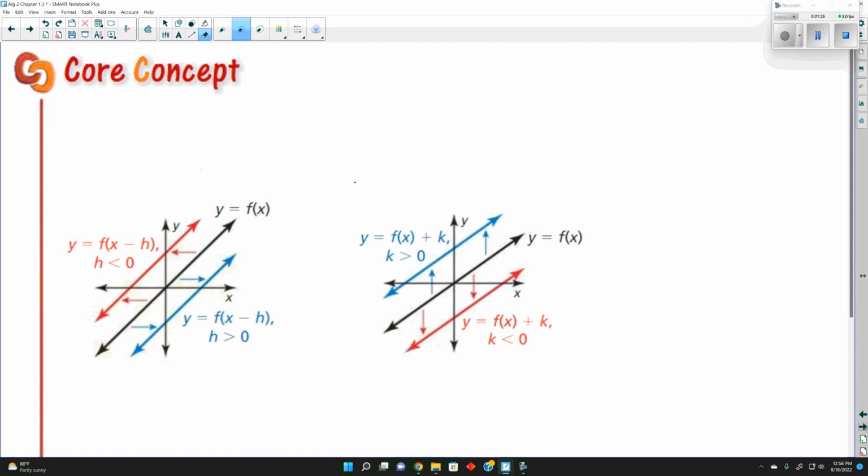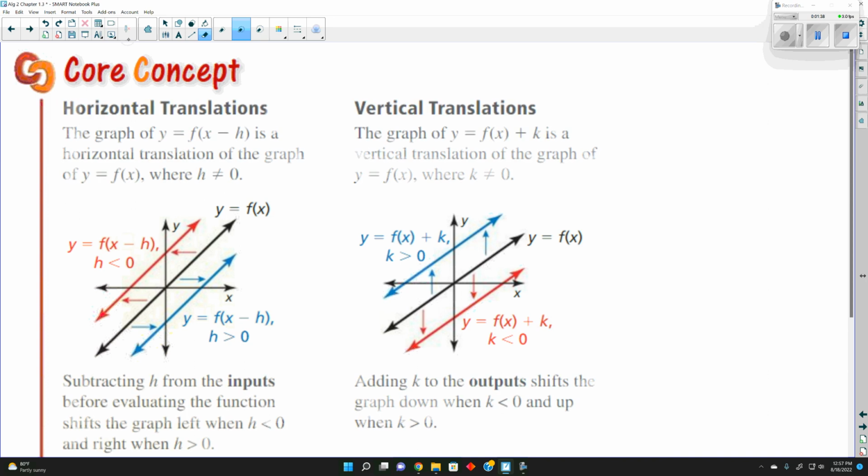So what we're doing today is applying transformations to the given function. So they're going to give us a function, and we're going to apply the transformations. Now, the first ones we're going to look at are translations. So moving the function up, down, left, or right. So these are the first 2, and the main thing with these